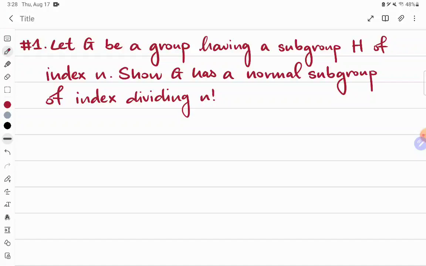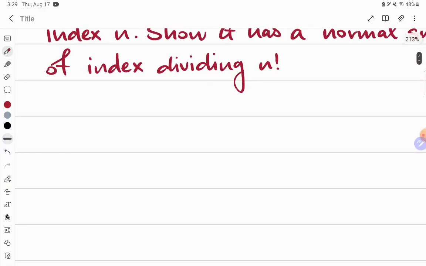At first, it might seem like we don't have a lot of information, and that's true. We only have some subgroup of index n, and suddenly we're supposed to conjure up some kind of normal subgroup which has index dividing n factorial, which is a different number. But we're going to exploit some relationships here between this n and n factorial, the idea of having indices. We're going to use the isomorphism theorem, and the fact that we have a normal subgroup that we need to pull out. So idea number 1,